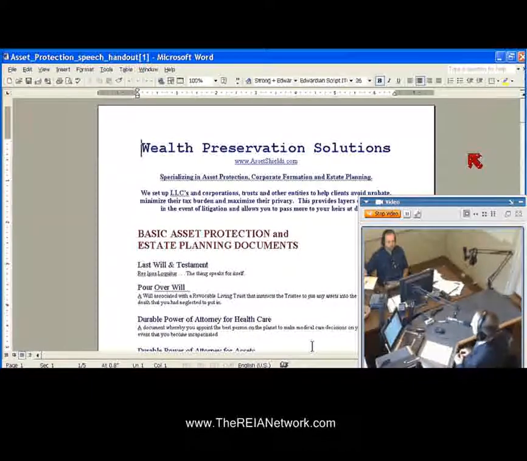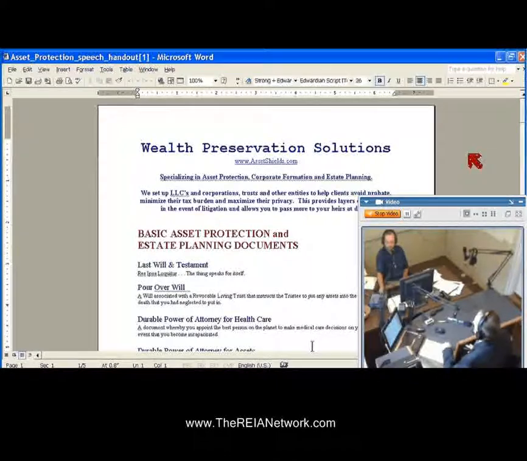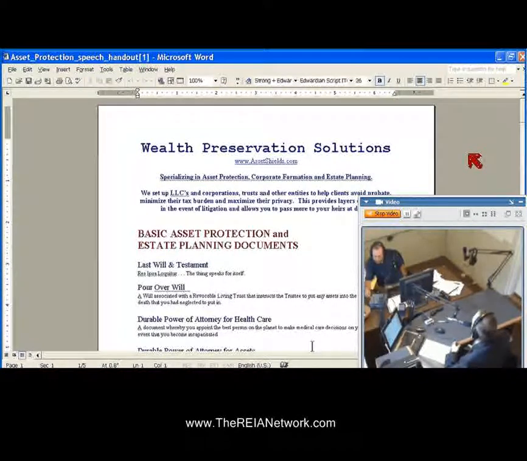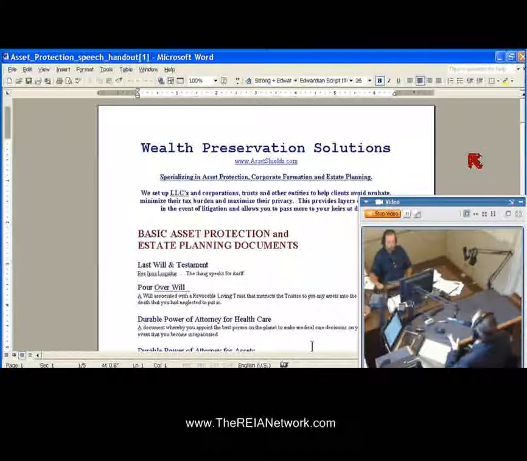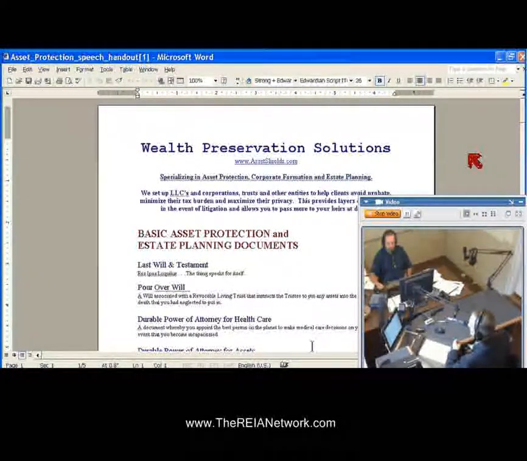So I do asset protection to try to help shield people from lawsuits. But asset protection has two sides of the same coin. There's the estate planning aspect of it. We set up entities, trusts, family limited partnerships, corporations, and limited liability companies to move your assets into, to be a shield between you and a lawsuit. But then you also want to protect yourself after death from the biggest predator of all, the IRS, by being able to pass along what you've worked hard for to your heirs without the Internal Revenue Service coming in and stealing 47%, because that's where the estate tax starts, at 47%.